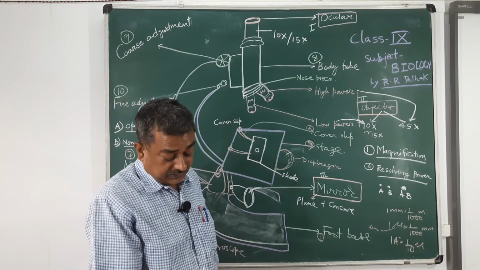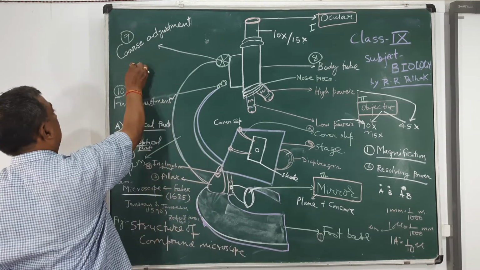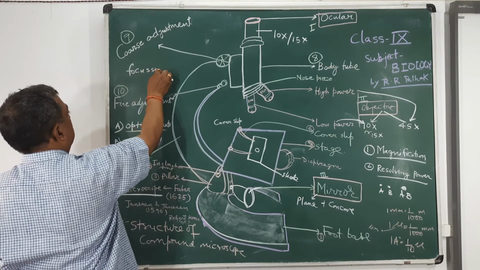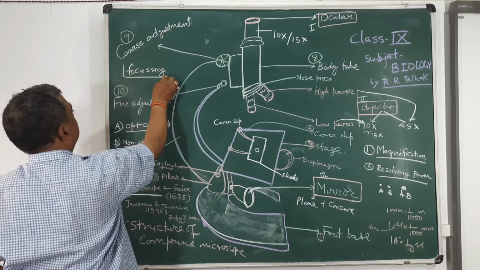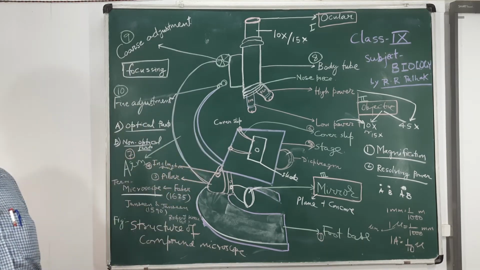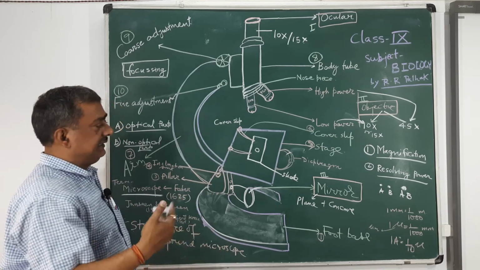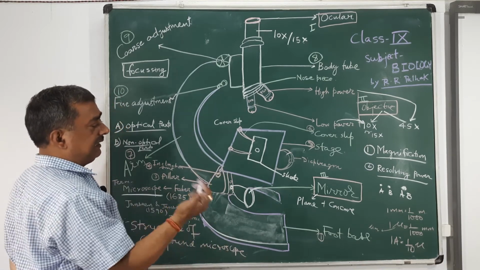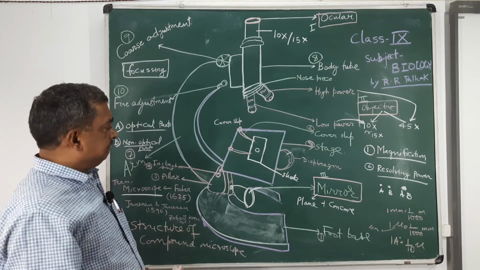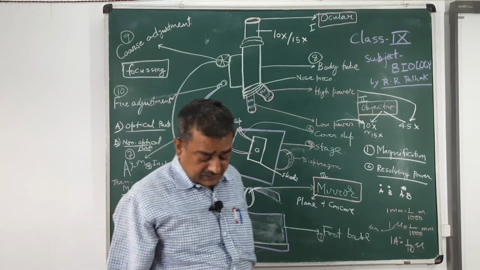This is called focusing of the light microscope. Focusing of the light microscope is very essential. Focusing of the mirror is very essential because it is a type of light microscope, and in a light microscope, light is the source for illumination to see the objects, and for magnification and also for resolving power. It is a very essential optical part.